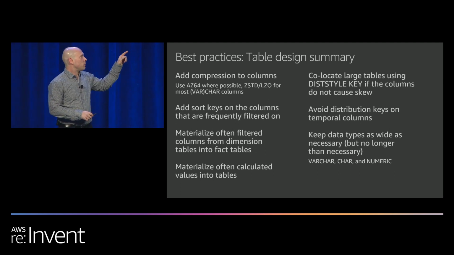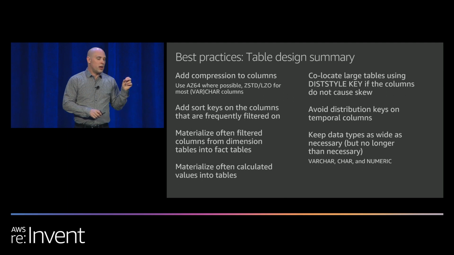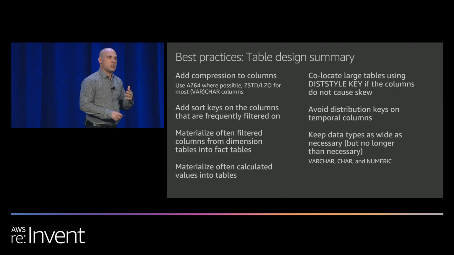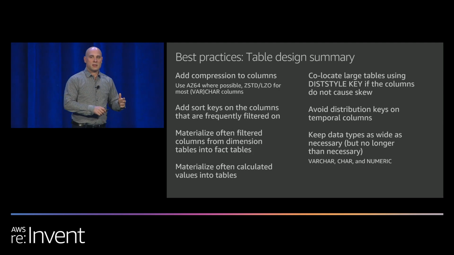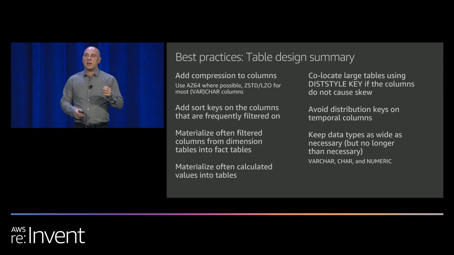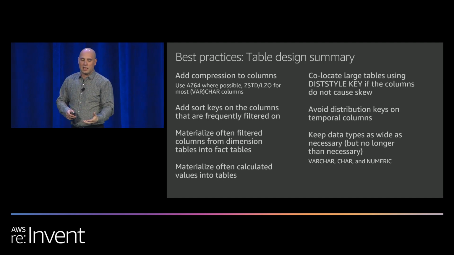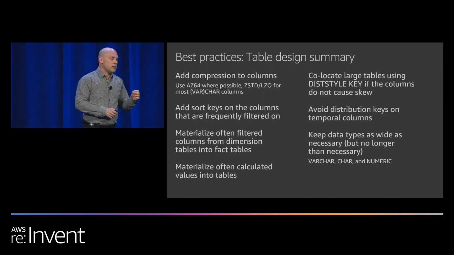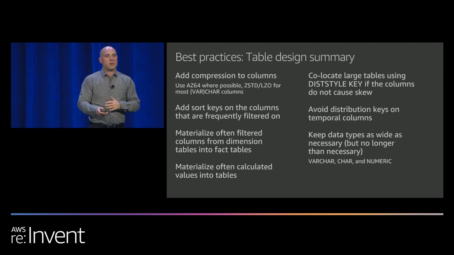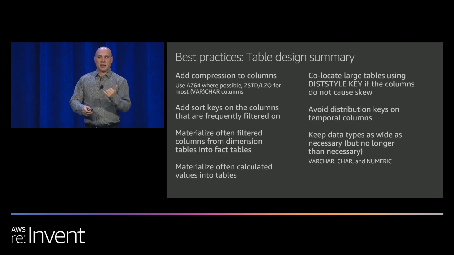One extra point that I put in here is distribution of keys on temporal columns. It's something I pretty much never recommend, even if it doesn't cause skew in your cluster and all the data is evenly spread. And that's because, say you pick something like a date, every single day, and we'll say maybe you have 7 years of data and it is spread evenly across the cluster. In a case like that, though, you might run a SQL query and your predicate says, hey, just run on